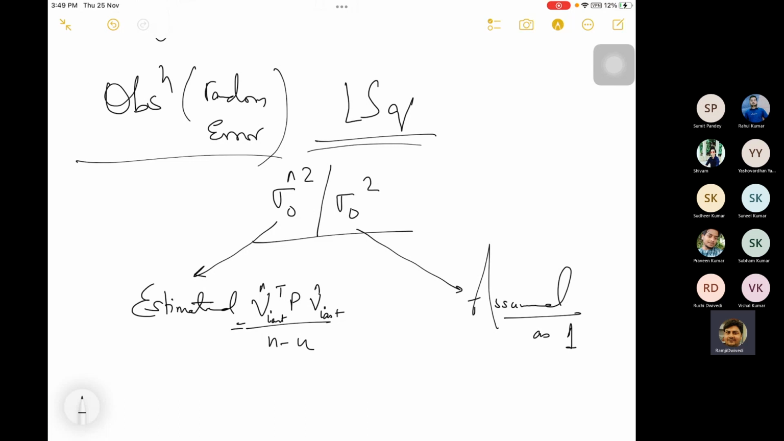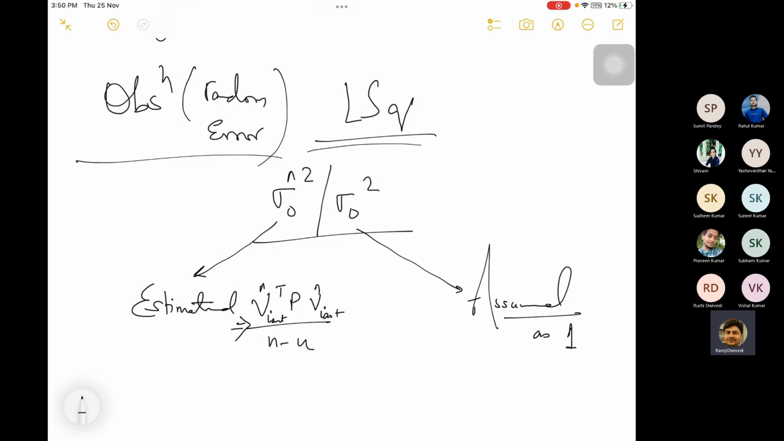So how do you find this VTPV? You find this VTPV hat by finding the last iteration value of the residual, divided by n minus u, as you assume this sigma naught square as 1. So to test the above, you find the ratio of the estimate, which was found to follow some probability distribution,